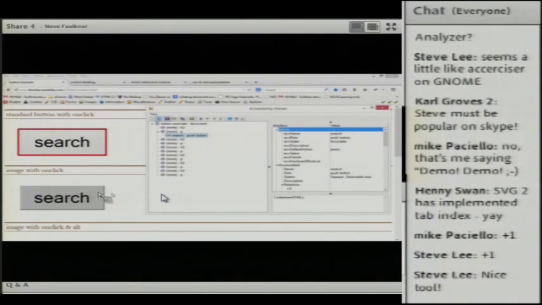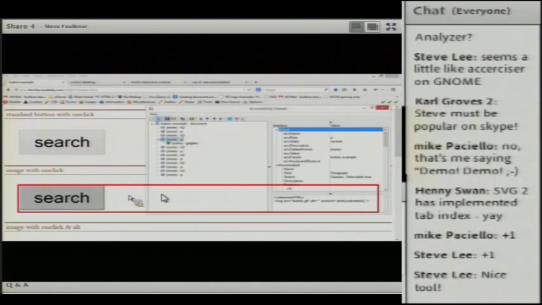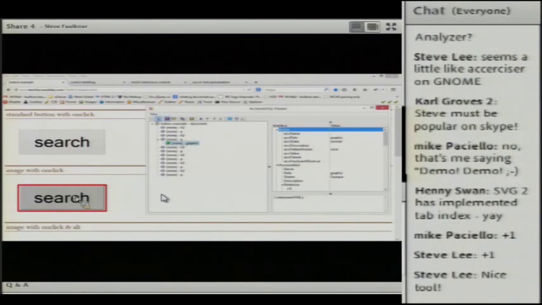Then what we often see is things that look like buttons and act like buttons for some users, but are not actually buttons. In this case, we've got an image with an onclick associated with it. As you can see very quickly, it has no accessible name. It has no label, nothing, and it's exposed as a graphic because that's what it is.